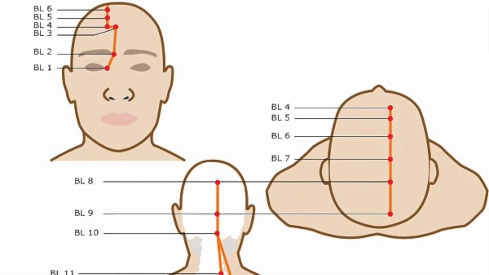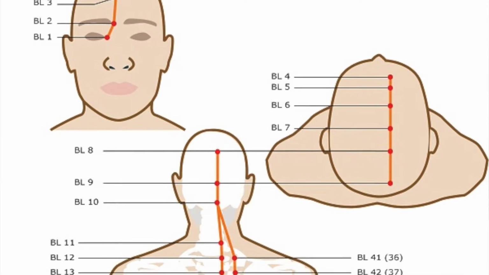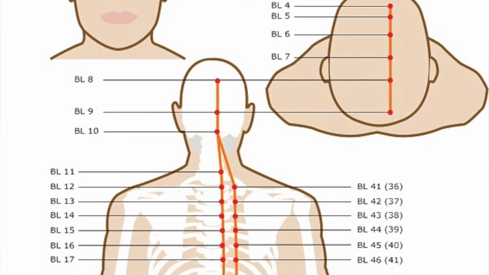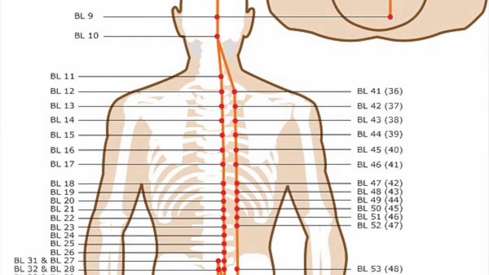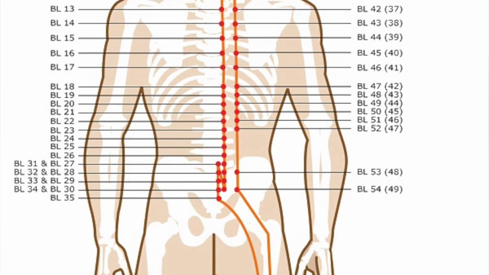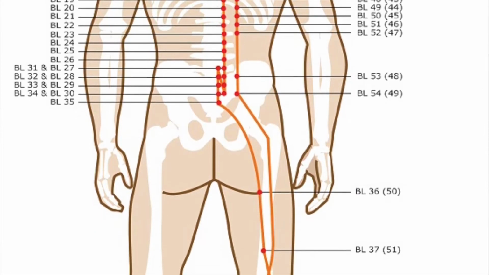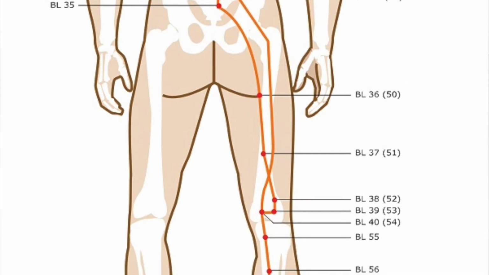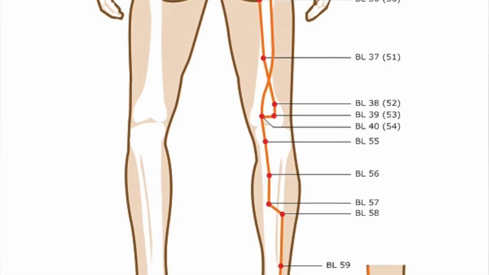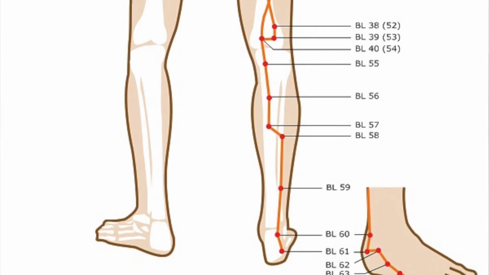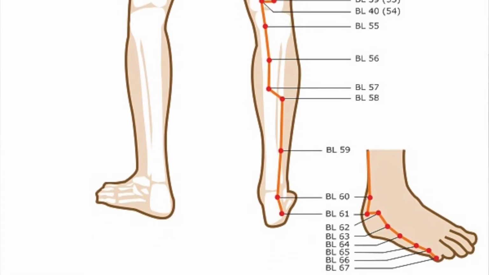So along the spine, on either side of the spine, is the bladder channel that we use within the world of acupuncture, okay? And the bladder channel actually starts in the inside corner of the eyes, and it works its way up the head, down the neck, down either side of the spine, and then it starts back up again a little bit closer to the shoulder blades on either side of the spine, coming down parallel to that inner bladder line, and then it goes down the legs towards the outside, towards the back of the legs and down to the fifth toe.